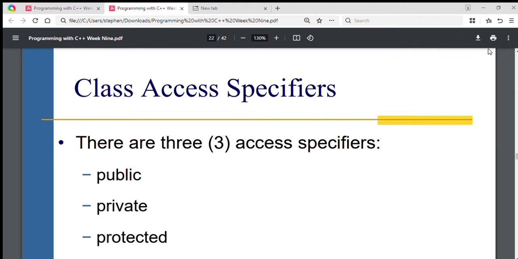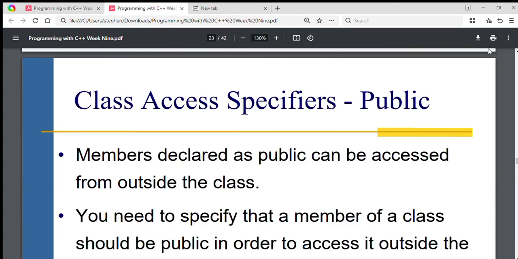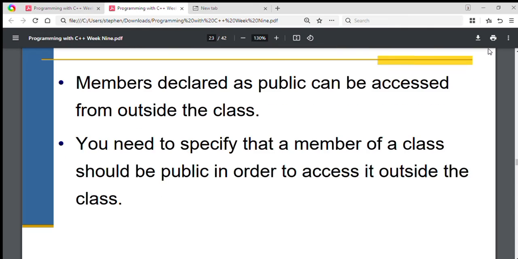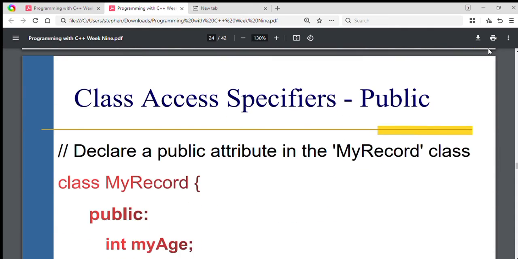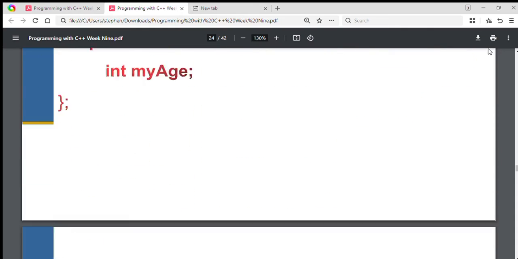Public, private, and protected. Members declared as public can be accessed from anywhere: inside the class, outside the class, and from other classes also. So you need to specify that a member of a class should be public in order to access it outside the class. Now, when we talk about the private,